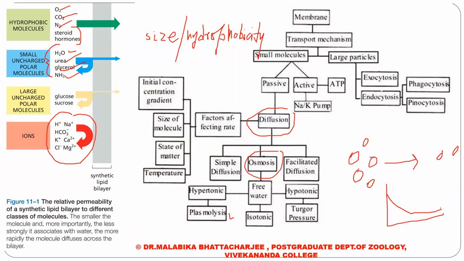The inherent tendency of the molecule will be to move from an area where it is more concentrated to an area where it is less concentrated, so that equilibrium is established on either side of a membrane. That is the inherent tendency of a molecule to move. So this is the concentration gradient that is established in most cases across membranes. For example,